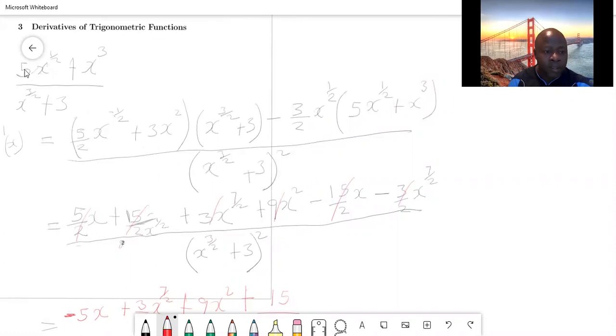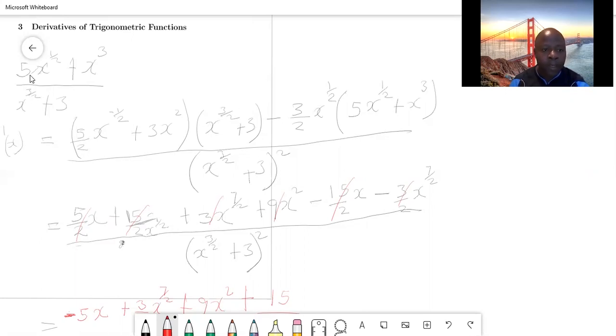Factorizing, differentiating this, we got 5 over 2 x raised to negative a half. And this one was 3x squared, and then multiplied by the denominator. Then minus, now differentiate the denominator to get 3 over 2 x raised to a half when you subtract 1 from this